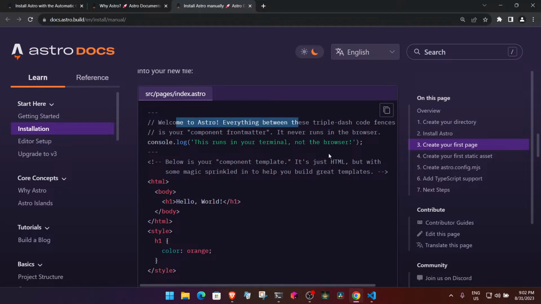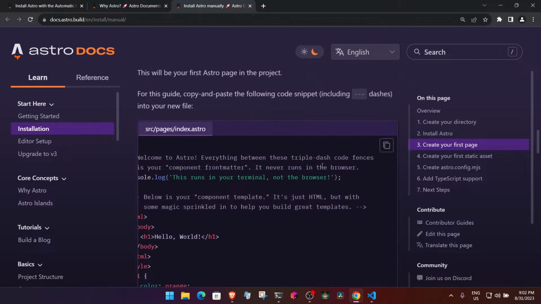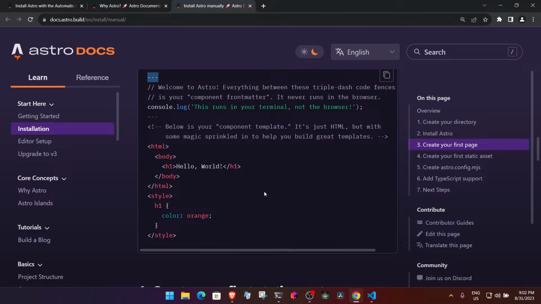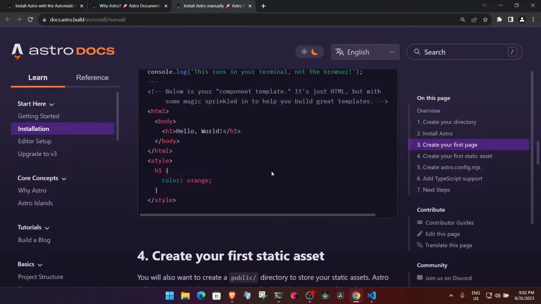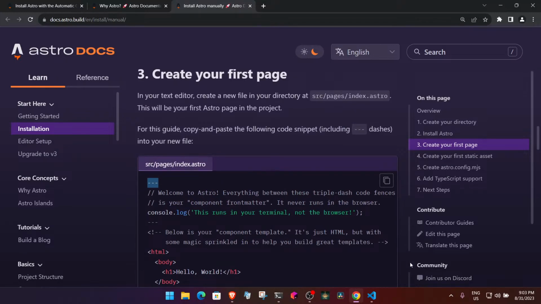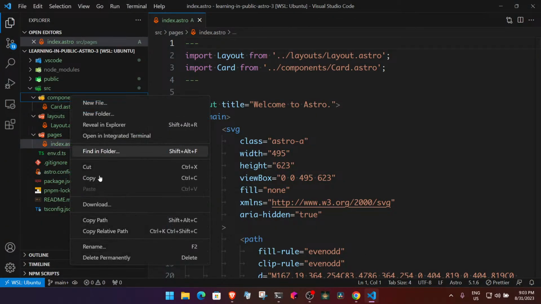Welcome to Astro. Everything between these triple dashes. Okay. Code fences. Code fences is your component front matter. It never runs in the browser. Okay. And below is your component template. It's just HTML, but with some magic sprinkled in to help you build great templates. Okay, so let's